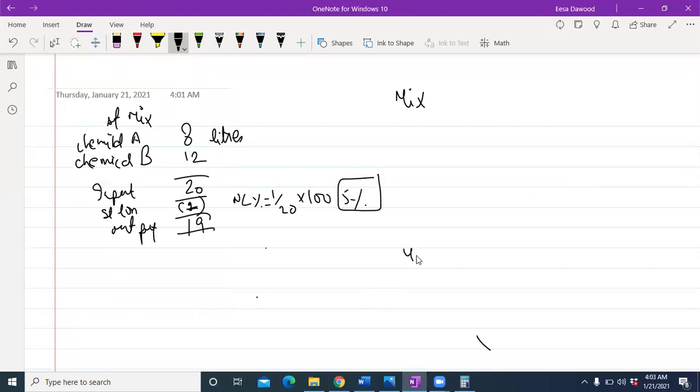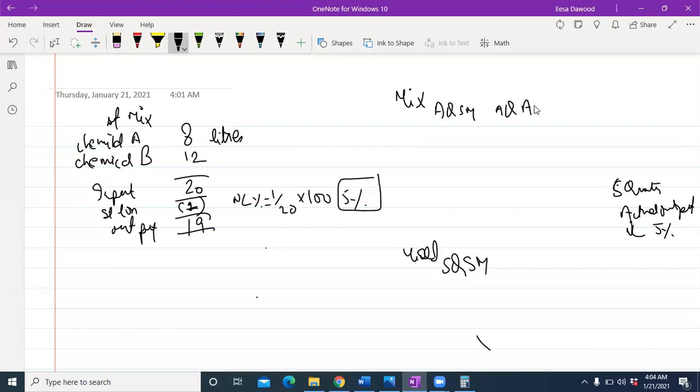Because when I'll be calculating the yield variance, once I know the actual output, I need to incorporate my normal loss percentage of 5% in order to get the standard quantity. And standard quantity is the quantity required for the actual output. Then I need to apply the standard mix percentage to it. So what is the mix variance? Mix variance is actual quantity in standard mix minus actual quantity in actual mix, which gives you the difference in kgs, and then you multiply with standard price per kg and you get a cost variance.